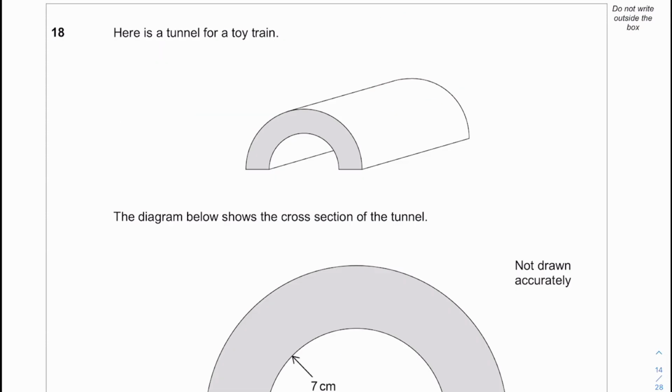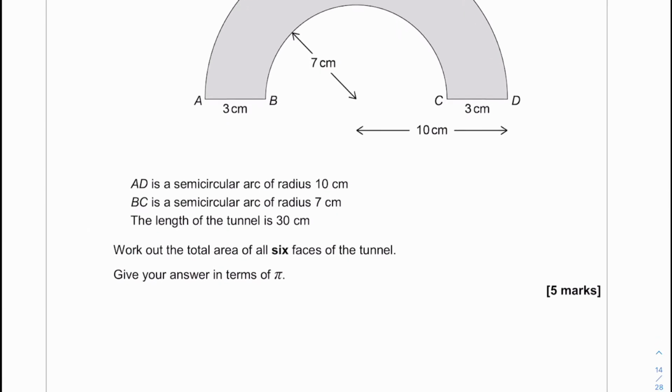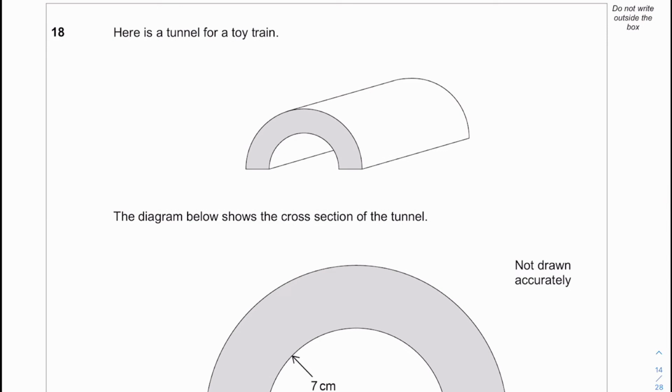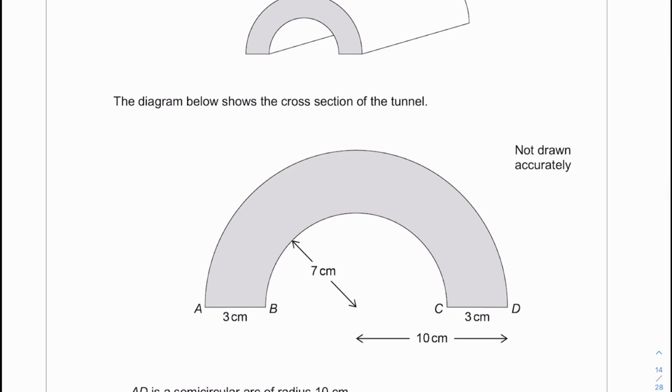Okay, so question 18 is worth 5 marks, and it's quite a difficult question. So we need to go through this quite slowly just to ensure that we don't miss anything out. So what we're given is a tunnel for a toy train, and the diagram shows the cross section of the